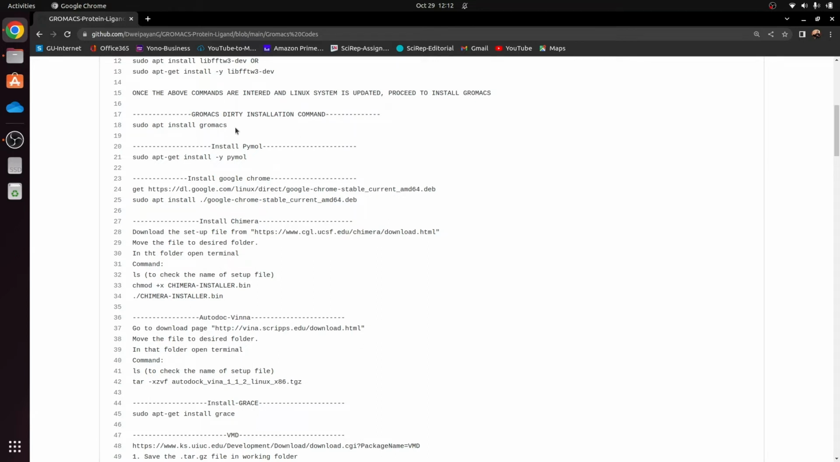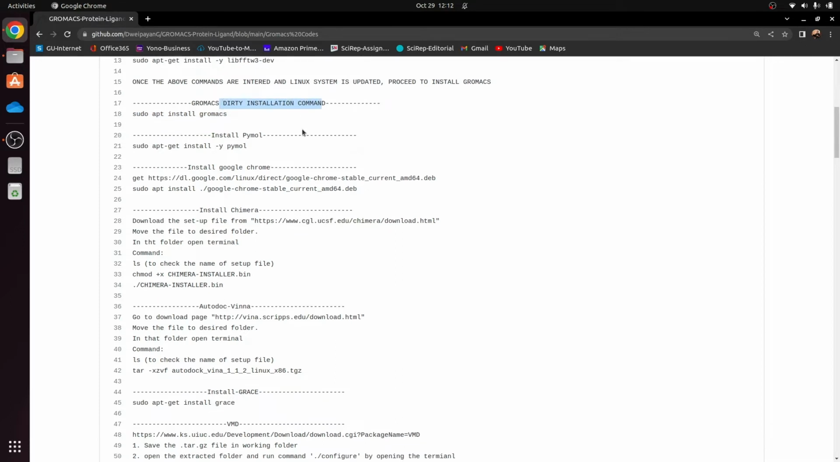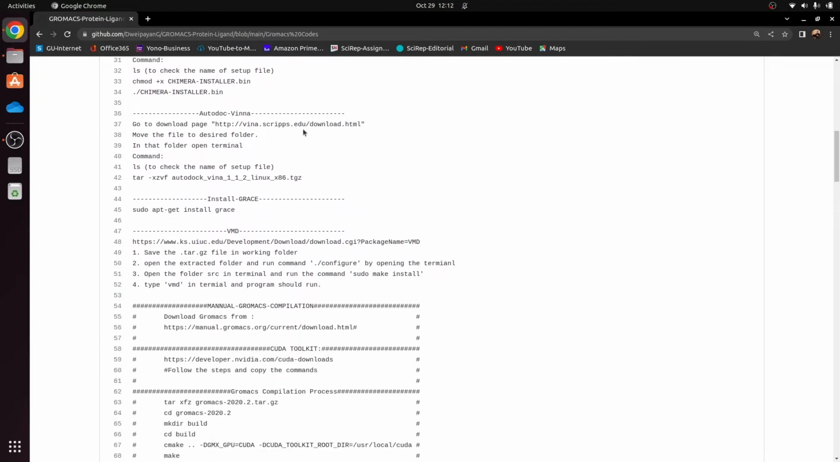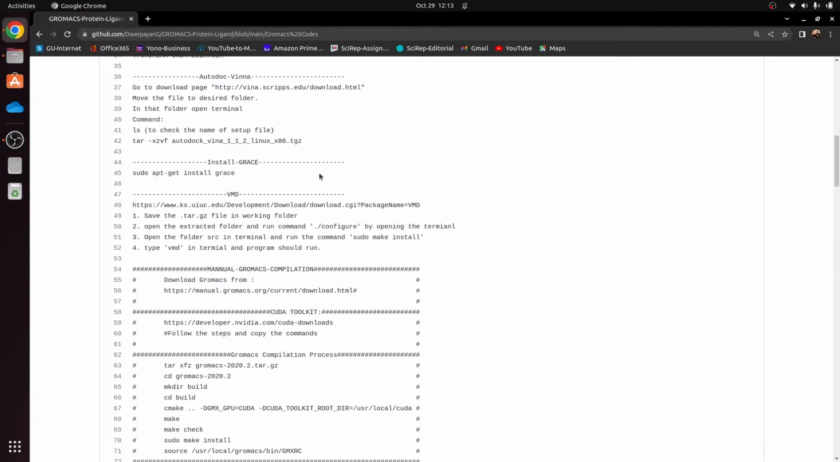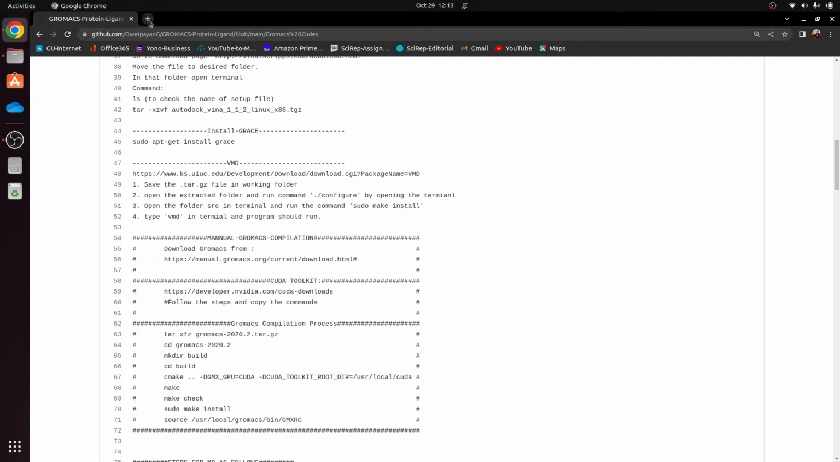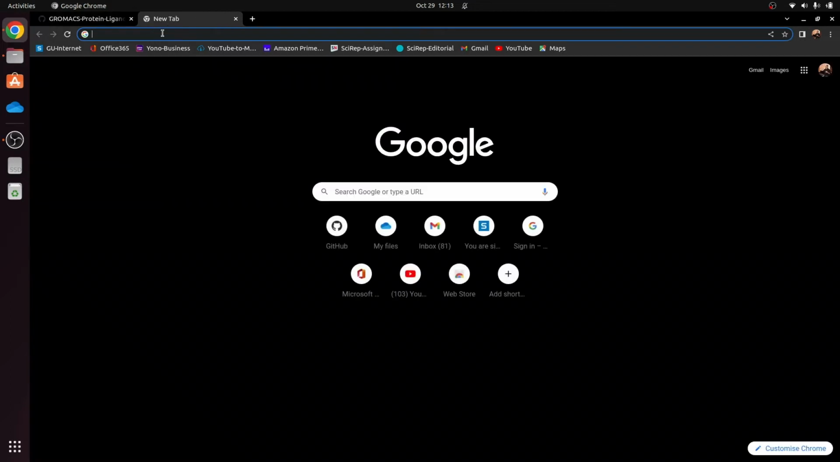If you have seen my previous video, I used sudo apt install to install GROMACS. In this video we will not be doing this. Why? Because this is the dirty installation command. So in this video we will be using the GROMACS compiler and compile it in such a way that it can make use of NVIDIA graphics cards. Okay, so for that, first of all, we will go to the